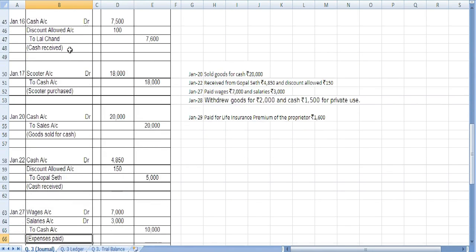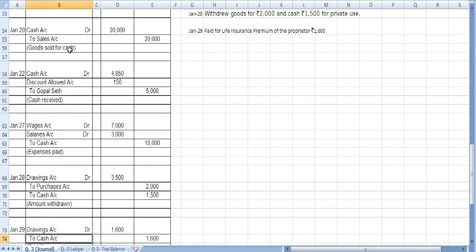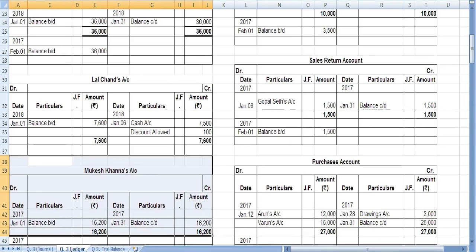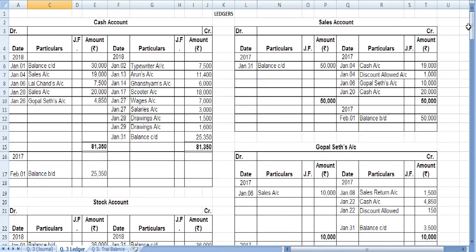Wages account, salaries account, and then drawings account we have to make. Purchases already made, cash already made. And so here we have to make individual ledgers for these accounts. So here I've already made ledgers to keep the video short and to be time saving. So we have made cash account, and then when we come down, stock,